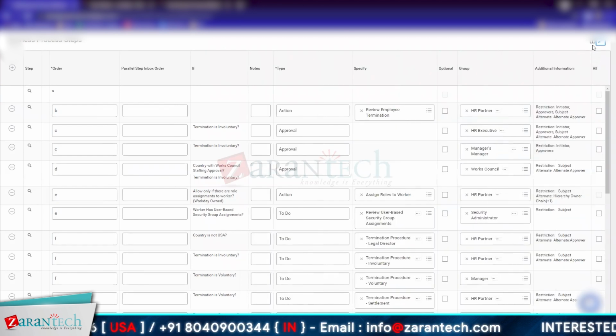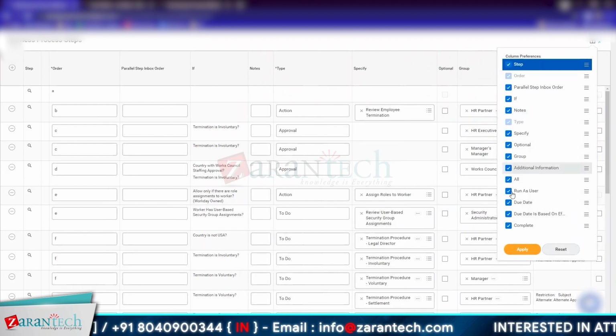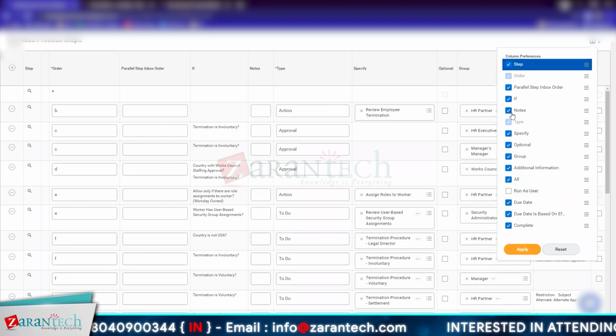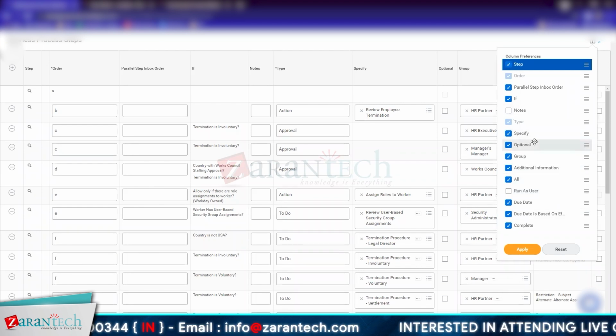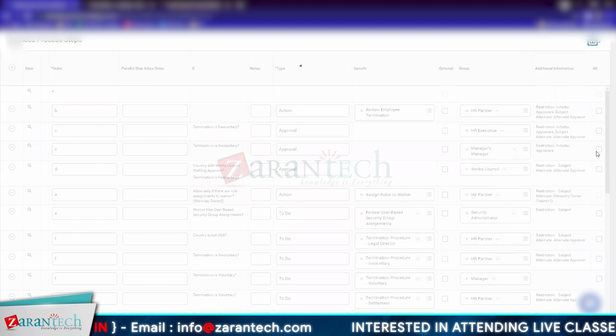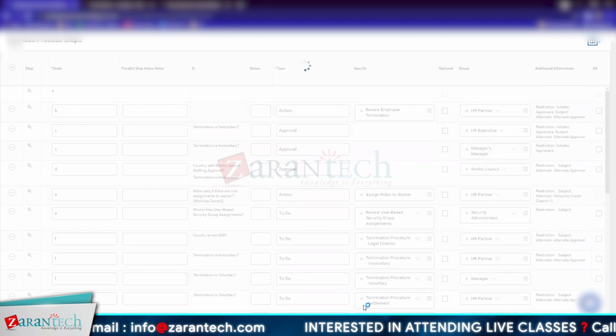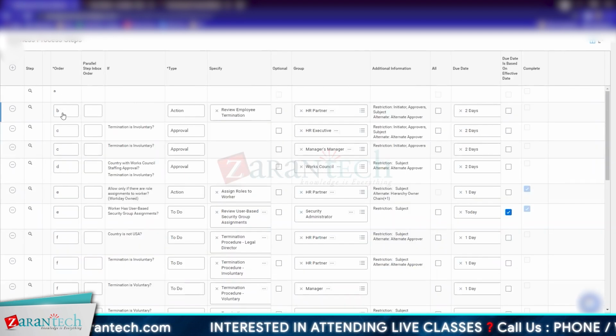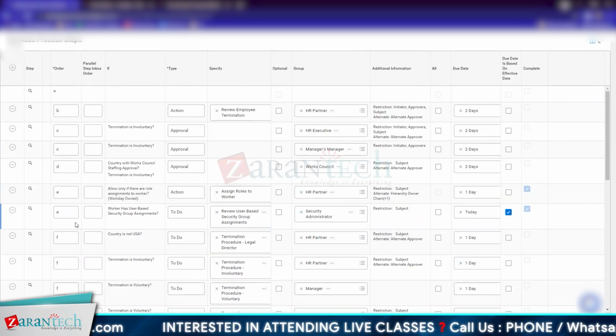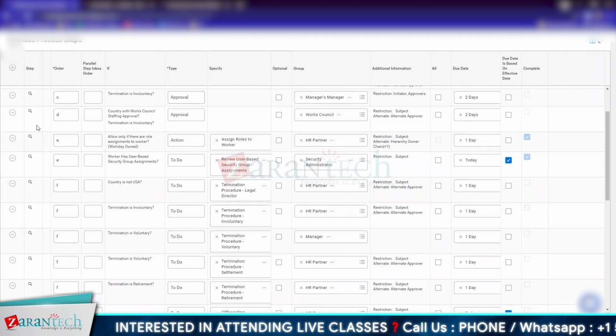Make these a little smaller, the ones that I don't need. So I don't need run as user. I don't need notes. Let me apply this. So this will become a little smaller, so we might be able to see it in one screen. Now I see the steps A, B, C, D, E, F, G, H, I,